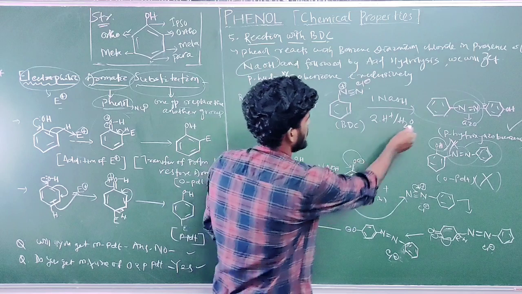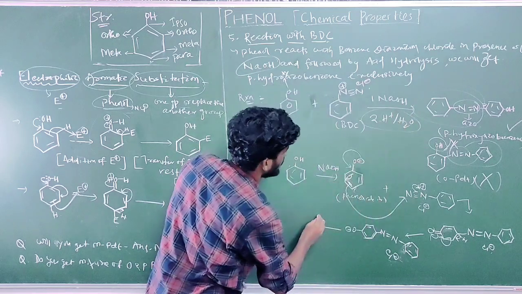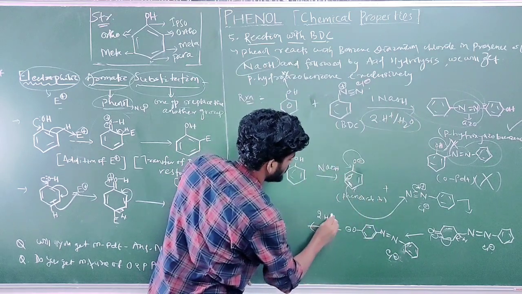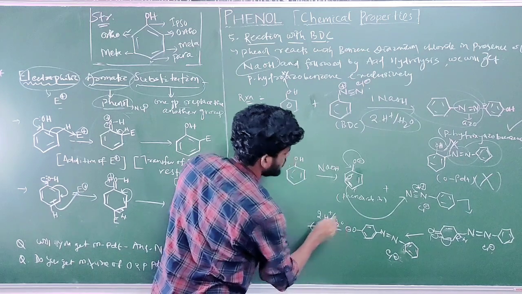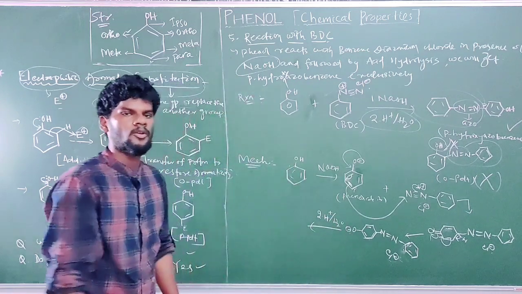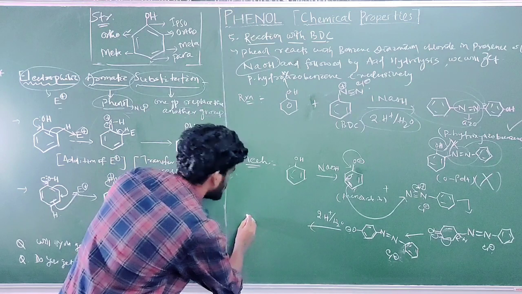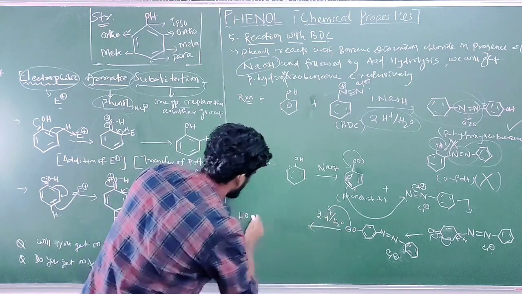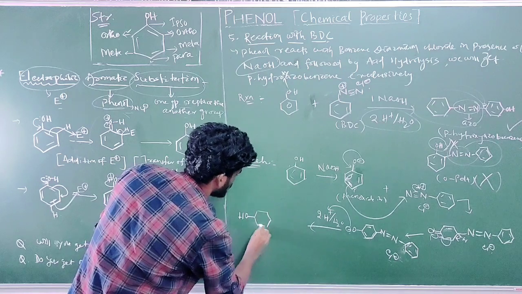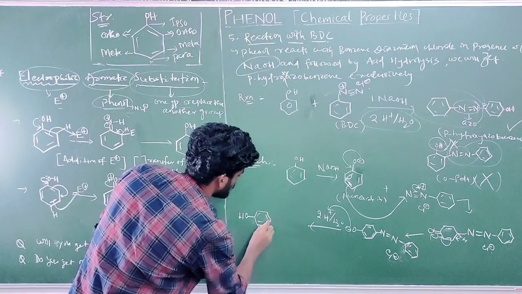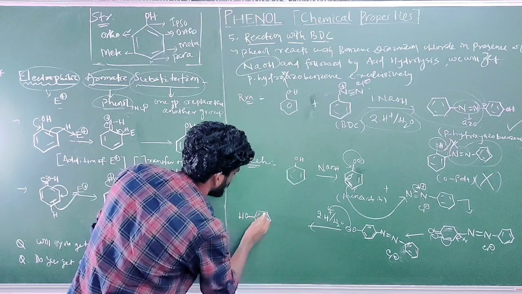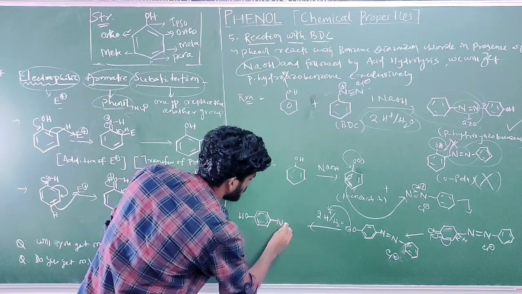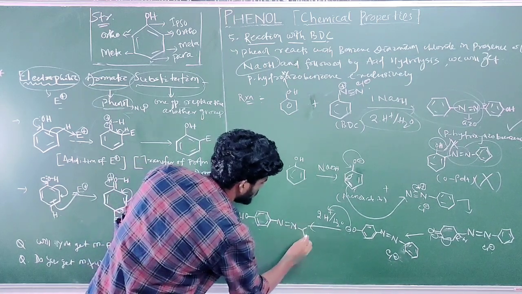So now in the second step, you will use acid hydrolysis, or you can use 5% HCl. Acid hydrolysis, H plus and water: the H plus will be taken by the O minus to form OH. So this is OH. Now the O minus takes the hydrogen and attaches to it. Okay, you can write the bond any way, but for your convenience I am writing it this way.